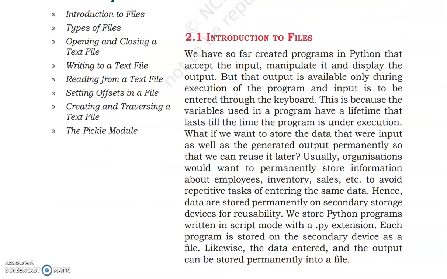Introduction to files. Now we have so far created programs in Python that accept the input, manipulate it and display the output, isn't it? So we have written programs where we can fill in data, that is the input, then we can manipulate it, that is make changes in it, we compile it, or we can use an interpreter.